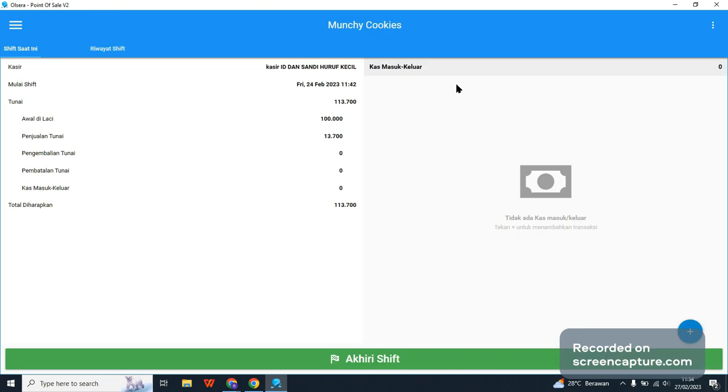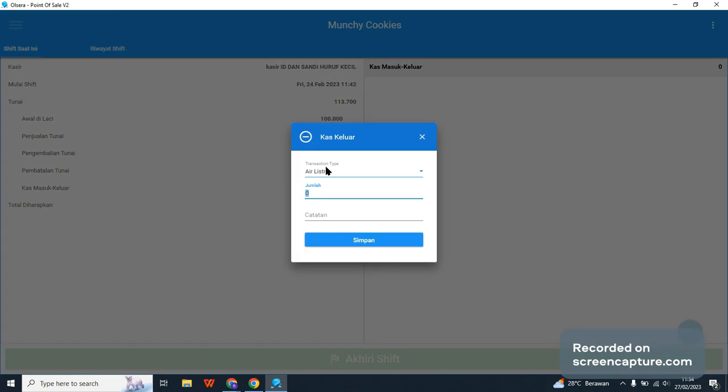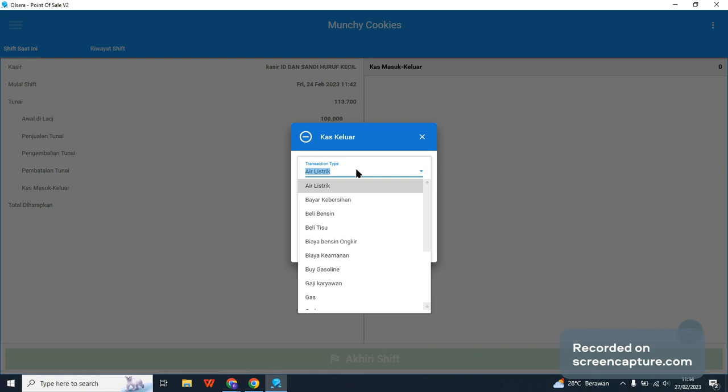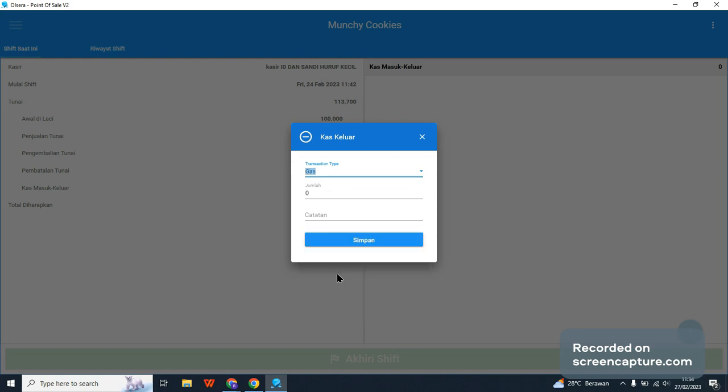And you just have to click in like this, and then they just have to add this for the cash out. And then for the transaction type, they can type a new one, but if you want it to be more secure, you can just make one first. Like for this, the type of the cash out that they can only choose. For example, I go with buying the gasoline, and also how much money was used